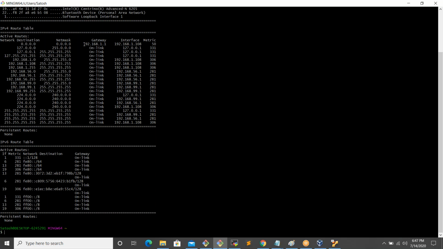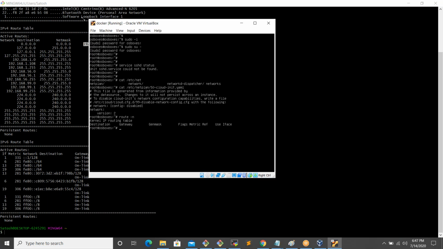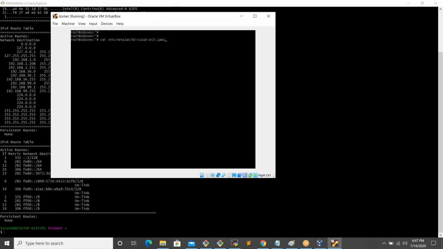And you can see here what the gateway is. Gateway is 1.1, so the gateway will be 1.1. So how do you assign the IP address on a Windows machine, or if you want to assign the IP address on an Ubuntu machine? Let me do that and I'll show you the steps. You just click over here. Click on this file and open it. In this network configuration file,